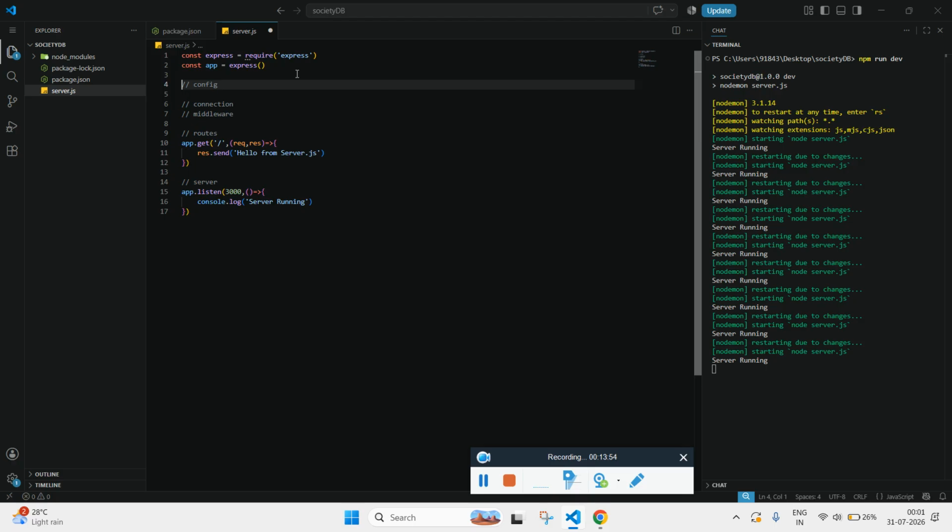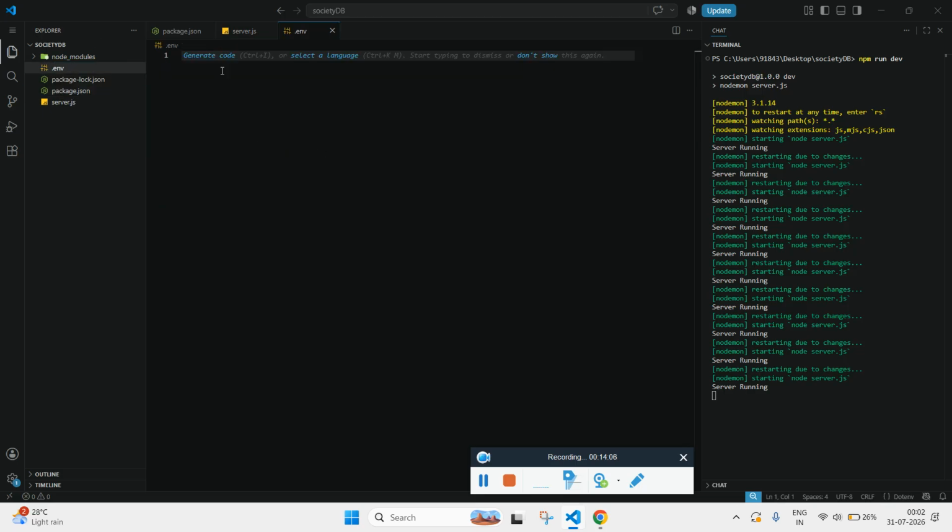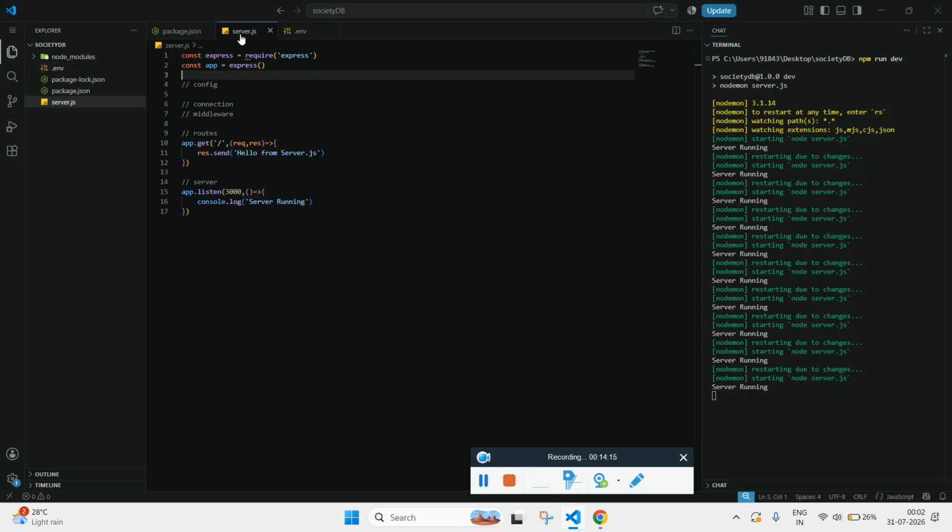Now we'll be working on .env. We have already installed the dotenv package. Now we need to simply create a file and call it .env. It's an environment variable. Now if I type PORT and make this 3000, I can simply call this port on the server.js with this